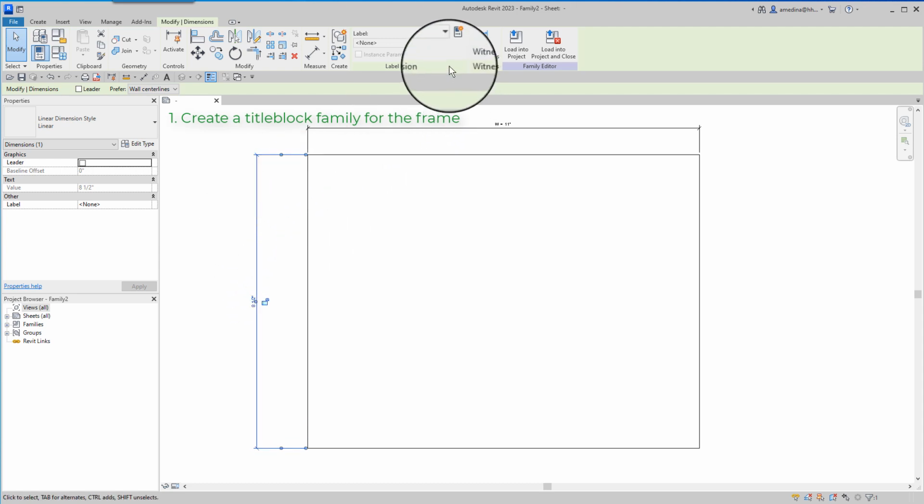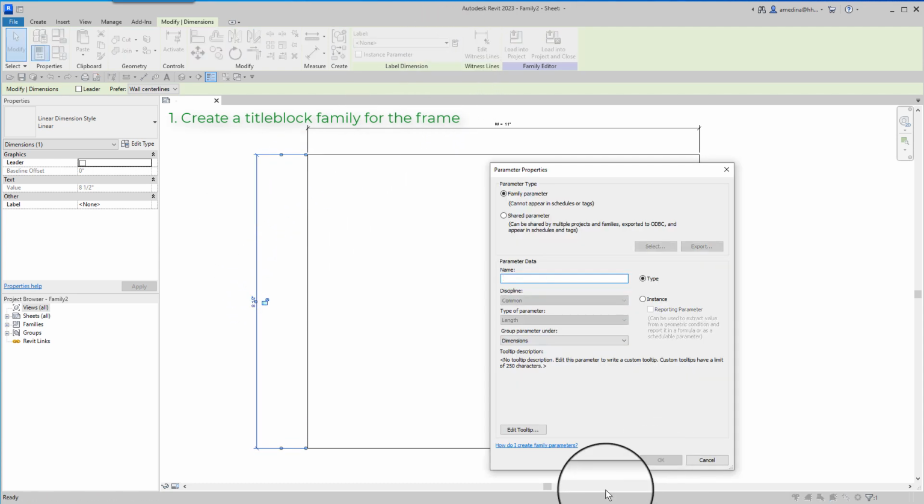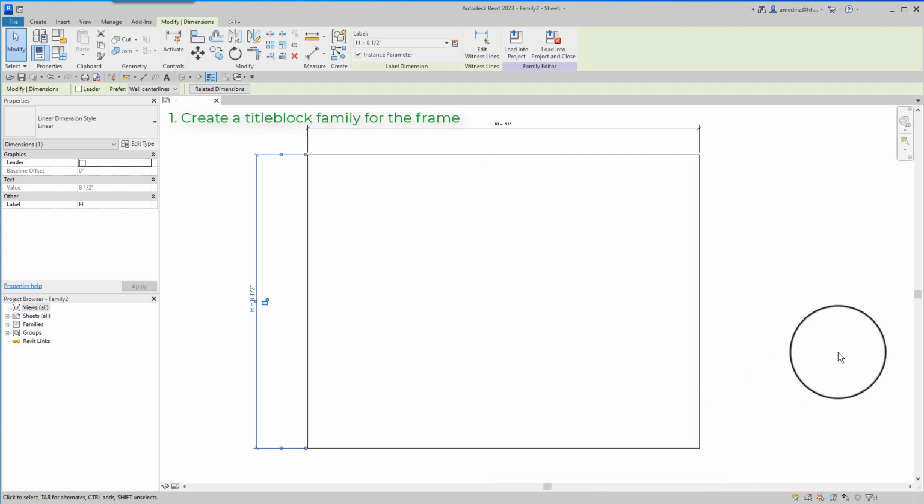So I convert this one into H, instance, and OK. Then I need a circle here for the detail number of the view.